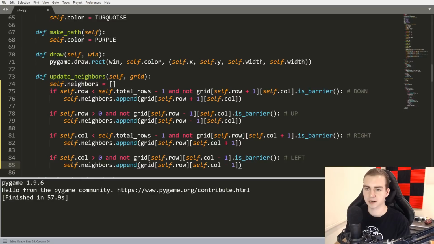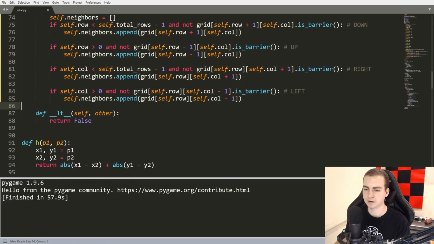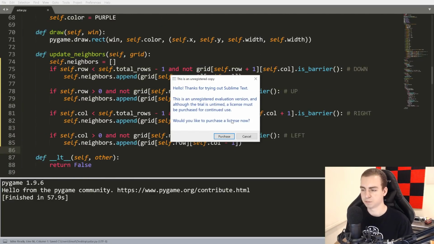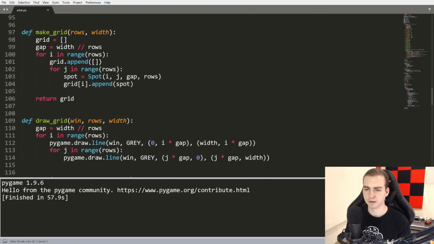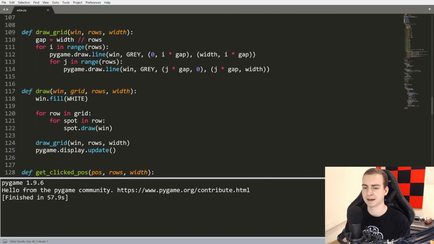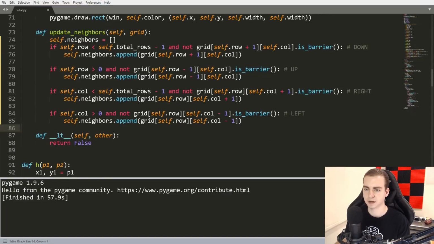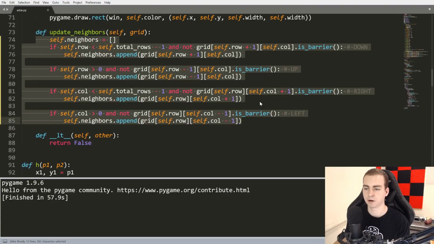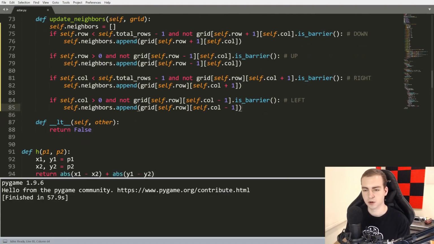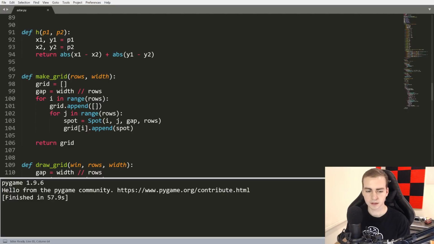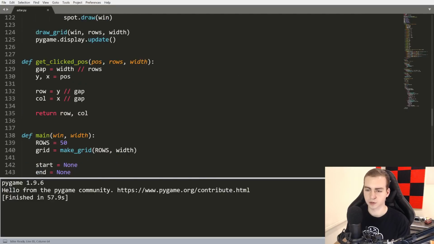So we don't need to return anything from this. That's enough for updating the neighbors. Again, I just butchered that so horribly, but hopefully that makes sense. We're just adding the neighbors to all of those things. And here again is the code if you need to copy it down and pause the video or anything like that. Okay, so now that we have that, let me go down here and we're going to call that